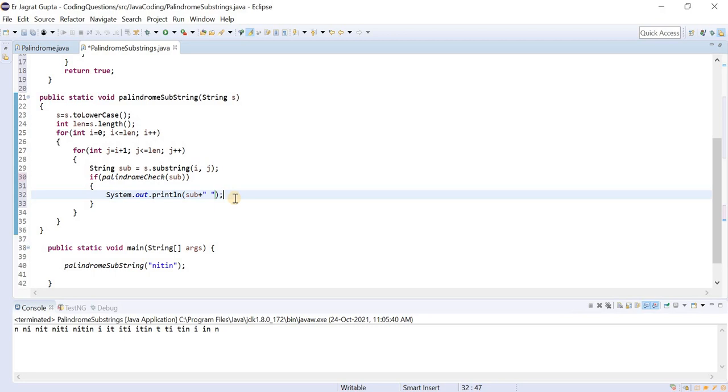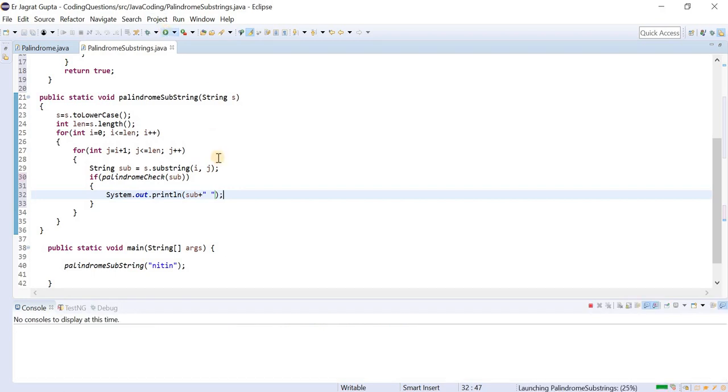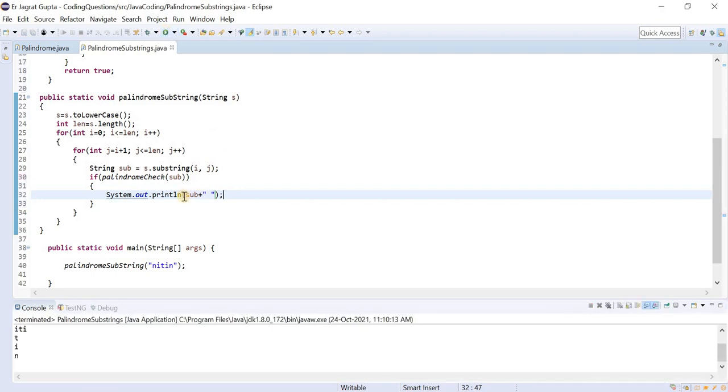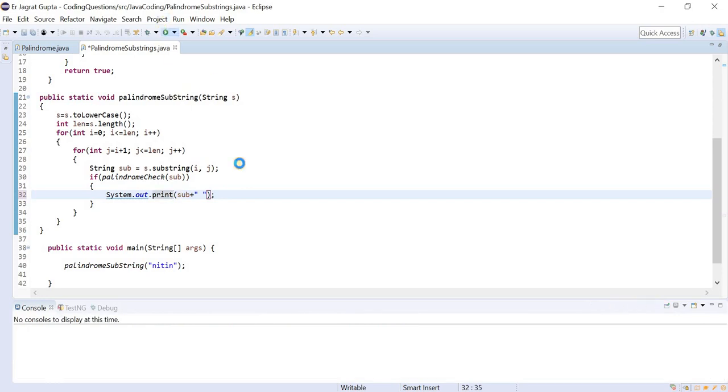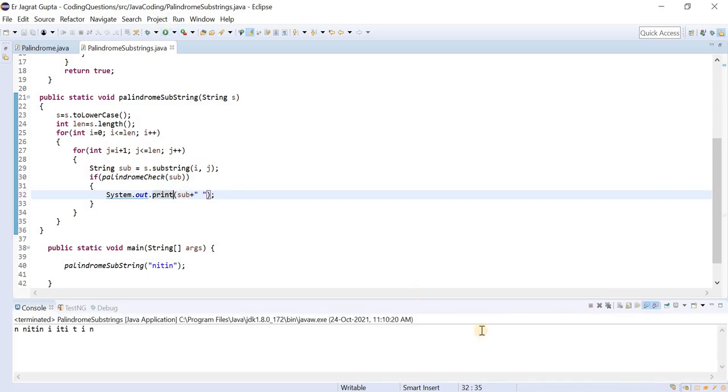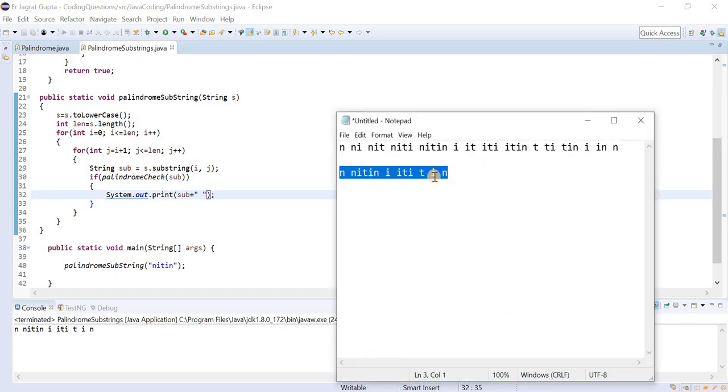Okay, so let me run this program and let's see whether it is working fine or not. Then I will again explain what we did. So let me remove this ln. See, now just compare the output. This time we extracted only the palindrome substrings.